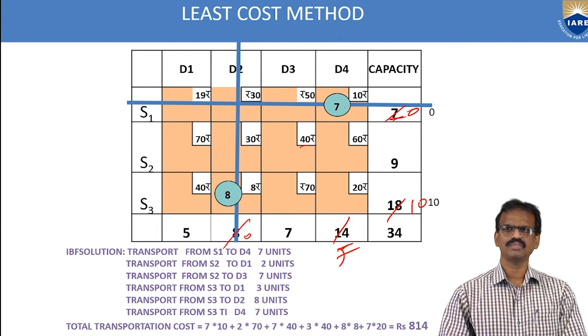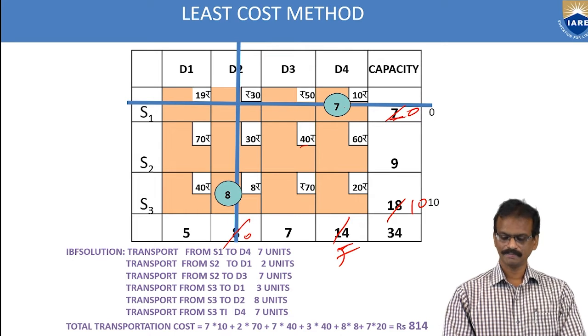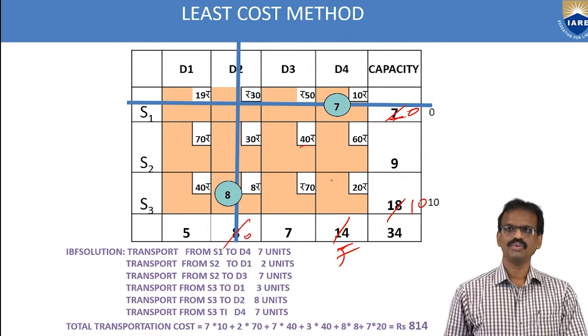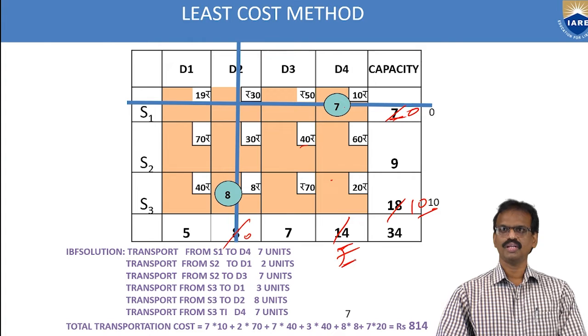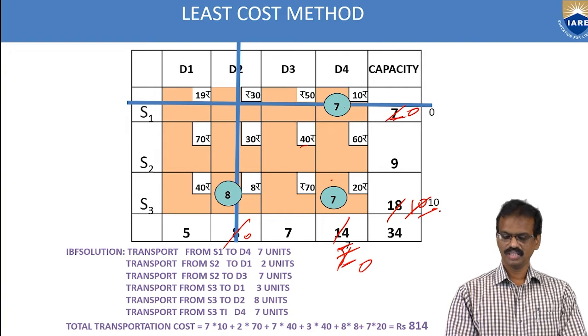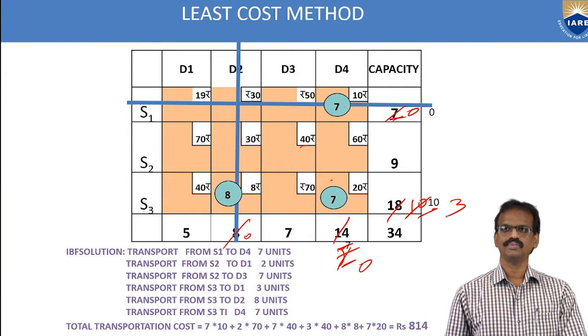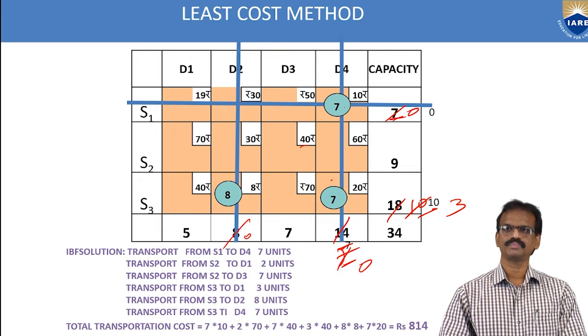Next, identify the minimum cost values. What is the minimum cost cell? So 20. Okay. So 20. You have to allocate this one. So for the allocation, there are two values. One is 10, another one is 7. So you have to allocate 7 here. Okay. If you allocate 7 here, this 7 will be cancelled. This 10 minus 7 means remaining 3 value. Okay. So this total column will be cancelled like this one.